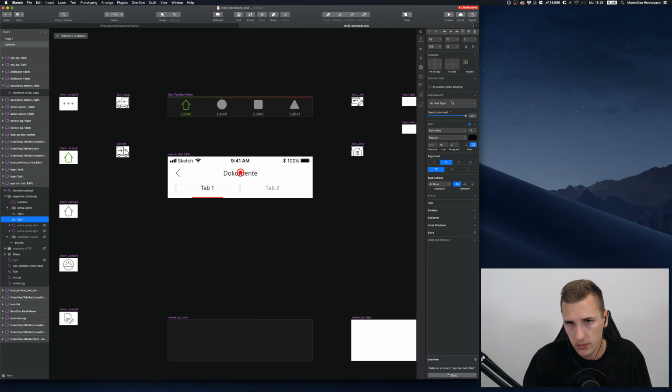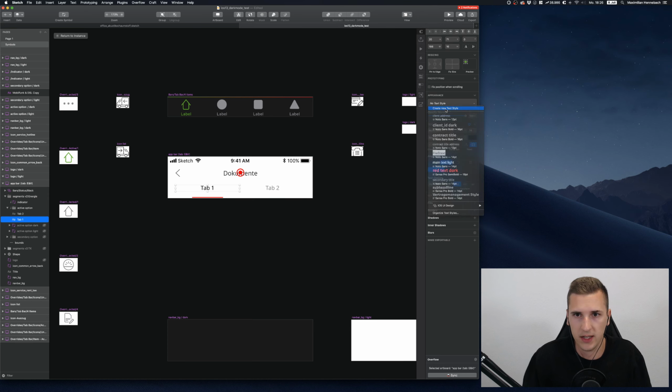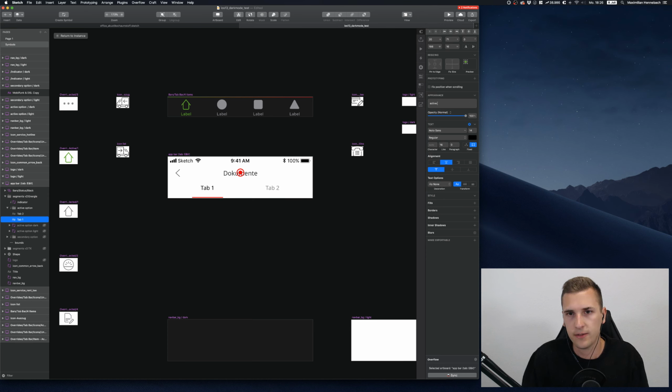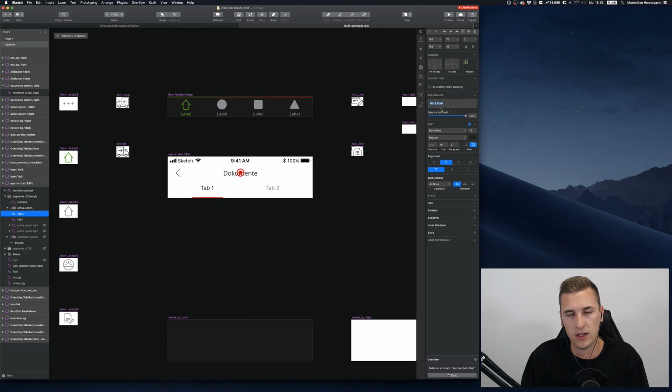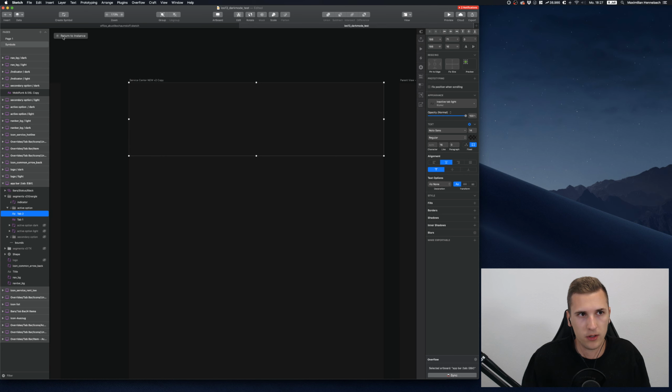Okay, so I'm gonna give this a text style. I'm gonna call it active tab light. This one is active tab light, and this one is inactive tab light. Okay, so we have two versions right here. Now let me go back to our instance,